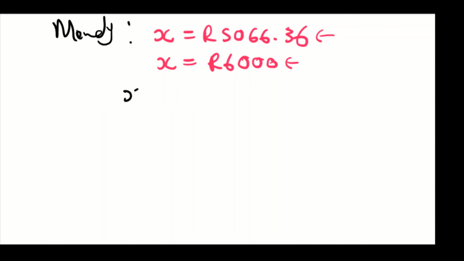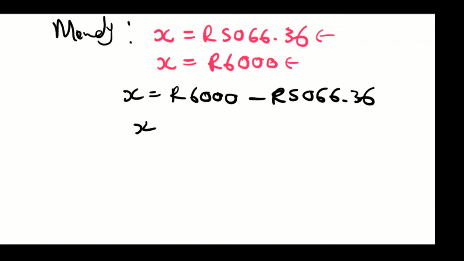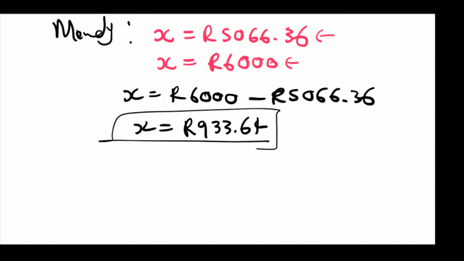So x equals 6,000 minus 5,066.36. So this is the amount that she has left. We're just going to calculate the future value annuity. The difference between these two is just going to give you 933.64, right? So we're going to use this to calculate the future value annuity of Mandy's